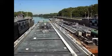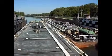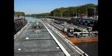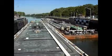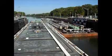So, see if you guys can see, there's the coupling right here. That's where we're going to make up to. My finger's wiggling right in there. I'm going to get off here, and the next thing you see will be us. Well, I'll tell you what, we'll stay on here a little bit longer, see if I can do it in a couple minutes, and we'll